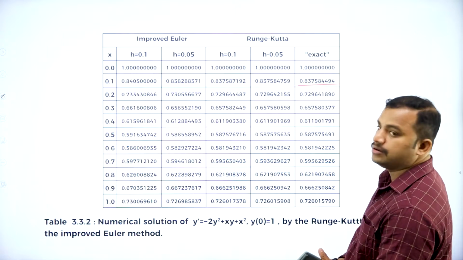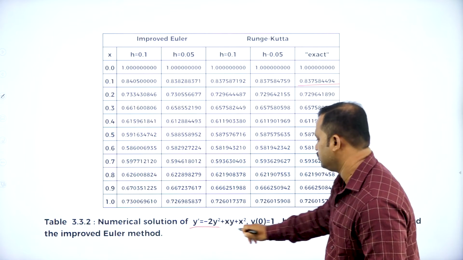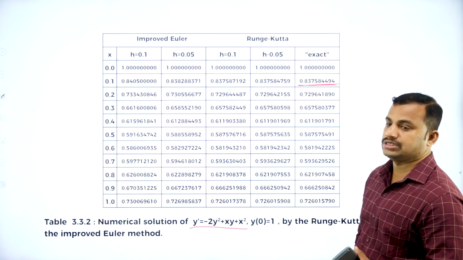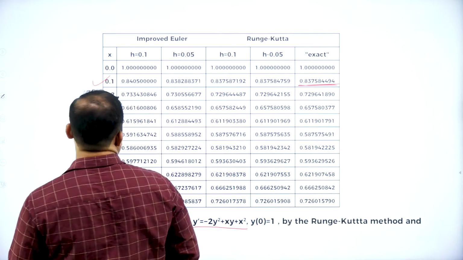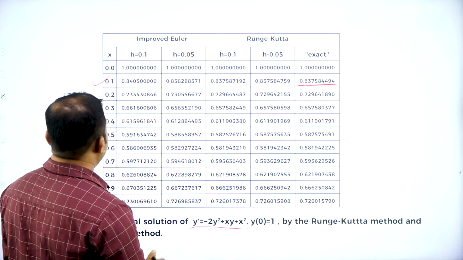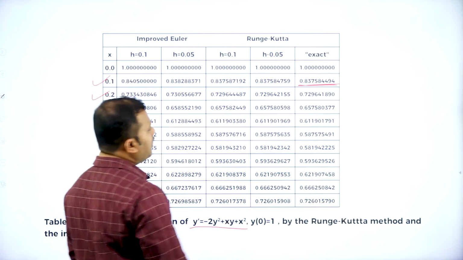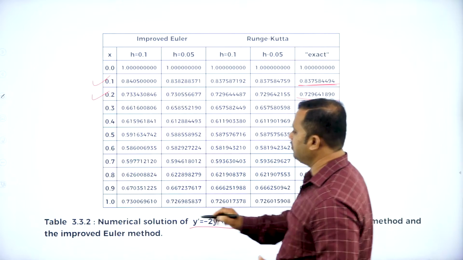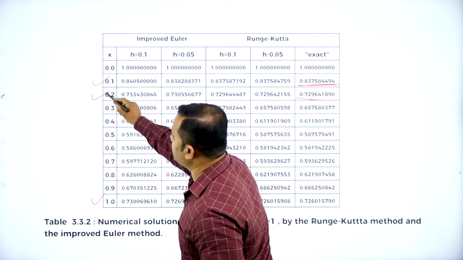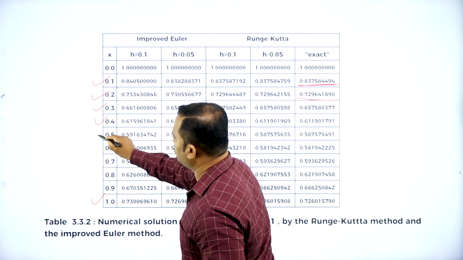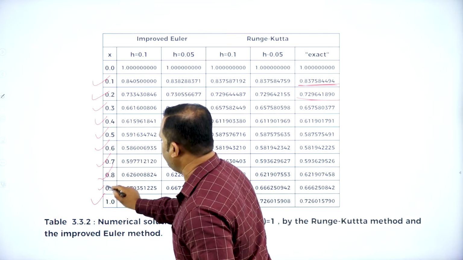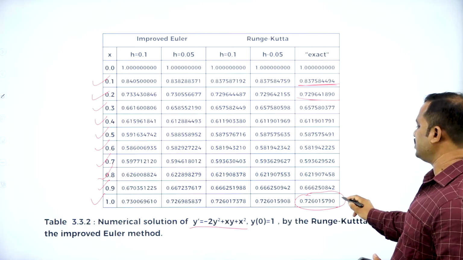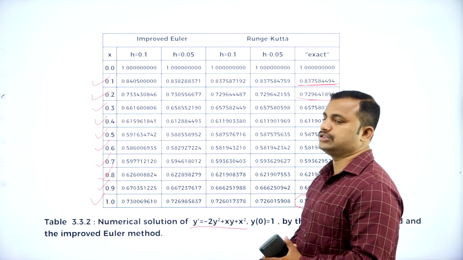For this question, we have found the exact solution, which is equal to this, when the value of y of 0.1. We have the next term, that is for 0.2, we have found the value which is equal to this. Then, by incrementing the value by 0.1, we'll get 0.3. So on, repeating the steps, till we get the value for 1.0. What is the ultimate value? 0.726015790 is the ultimate solution for this problem.